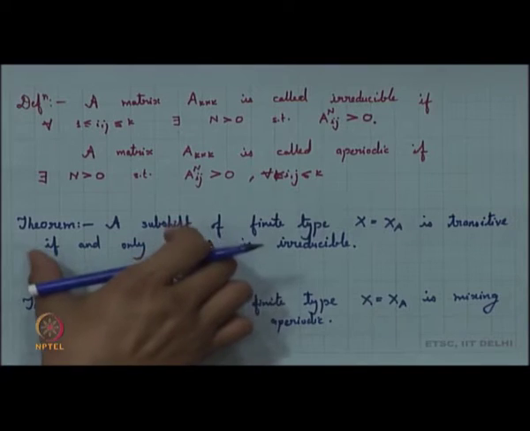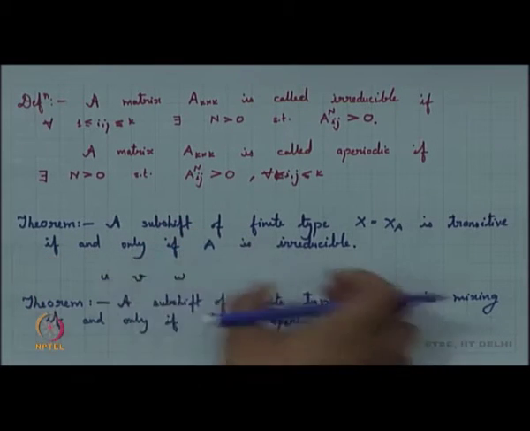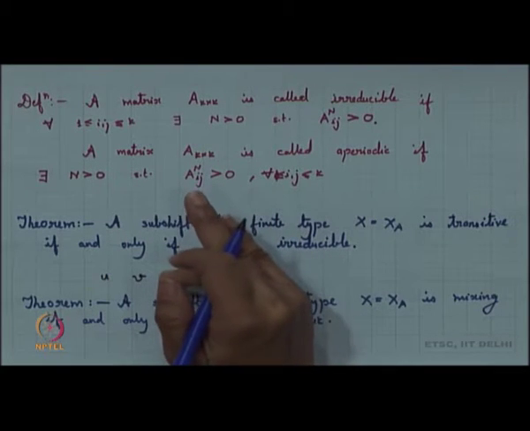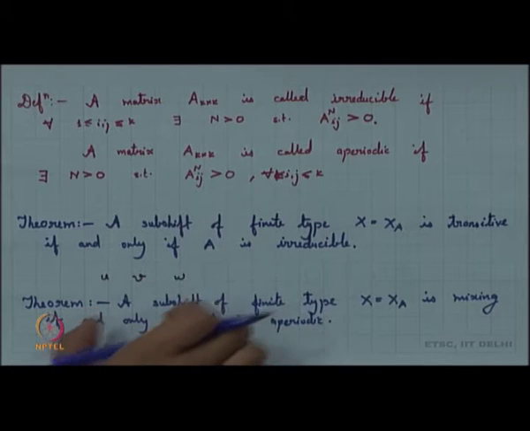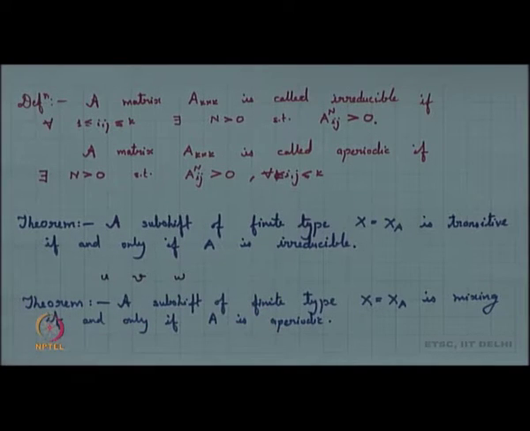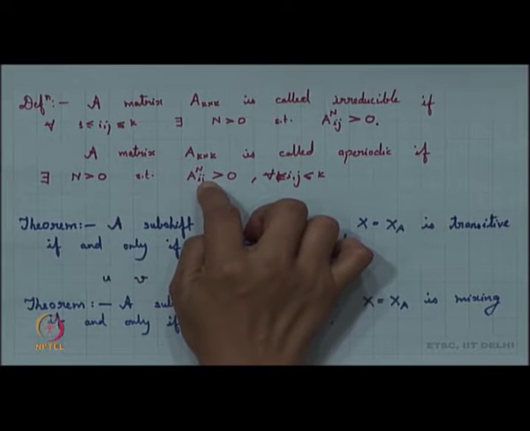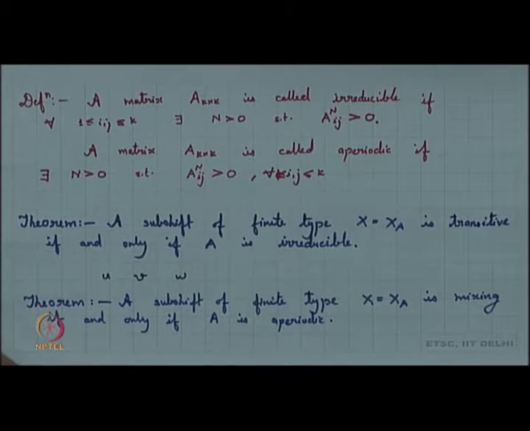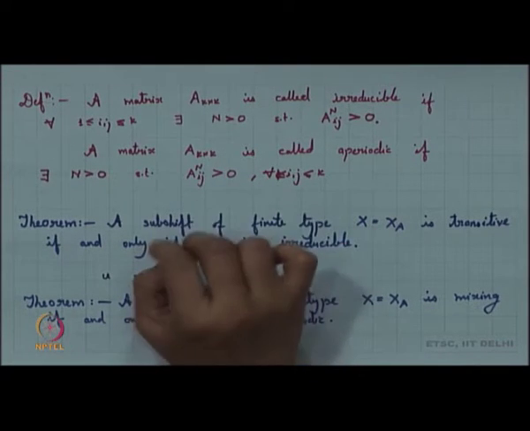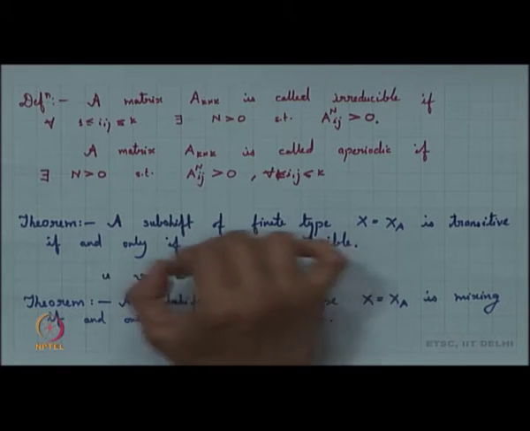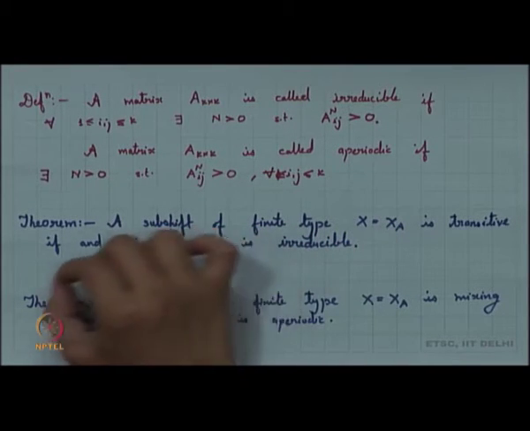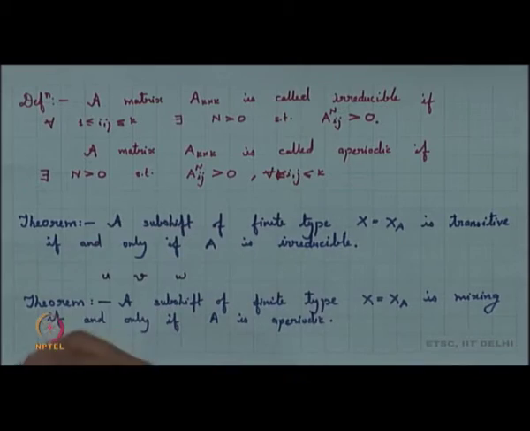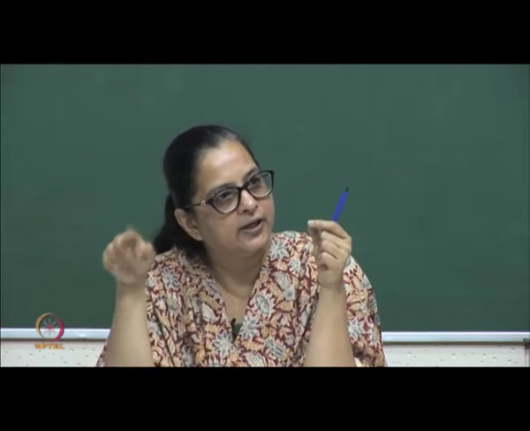Now, this again has the same proof, because what you are doing is you are starting with u and w, and you want to say that you can always sandwich a word of any length between u and w. So, what happens here is we know that you start with any two vertices, and your a^n(i,j) is always positive. Now, once your a^n(i,j) is always positive, what you have here is that you start with a vertex i, you go to a vertex j, and for any two vertices, there will be a word of length n.